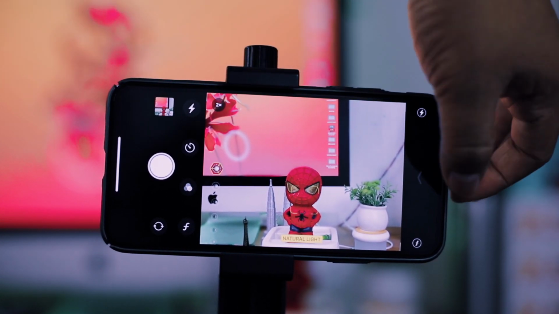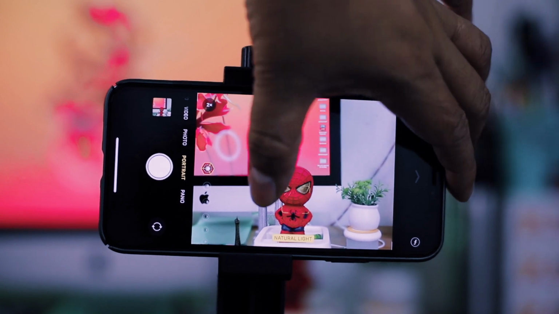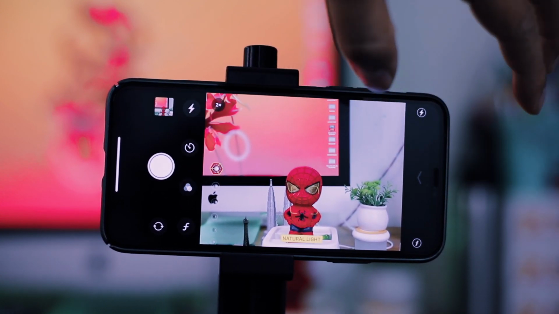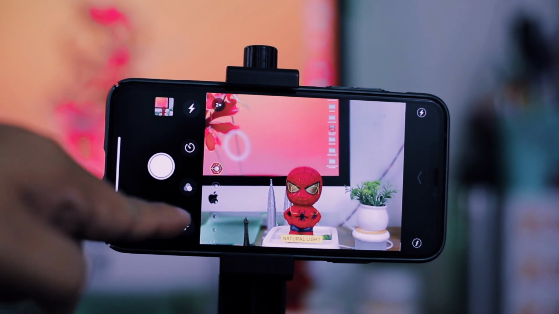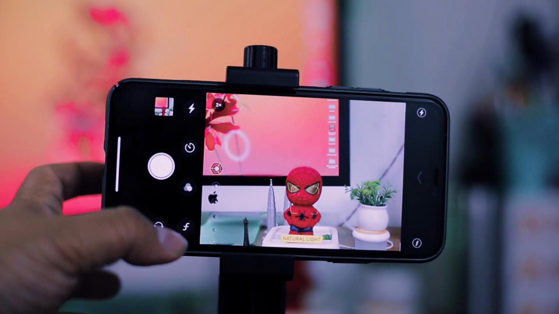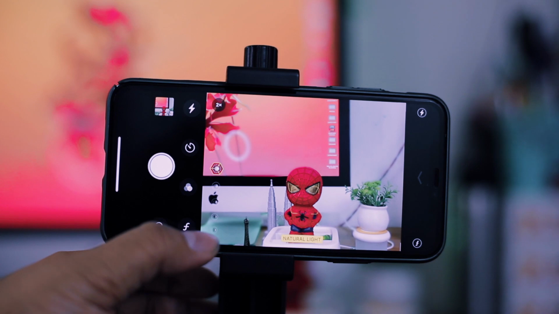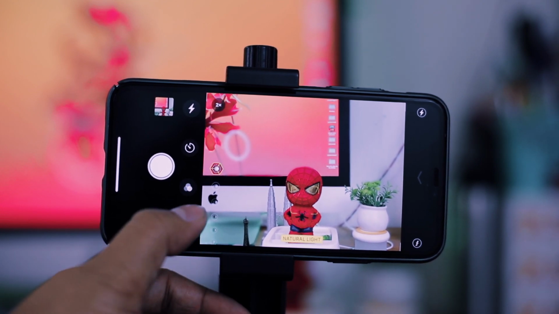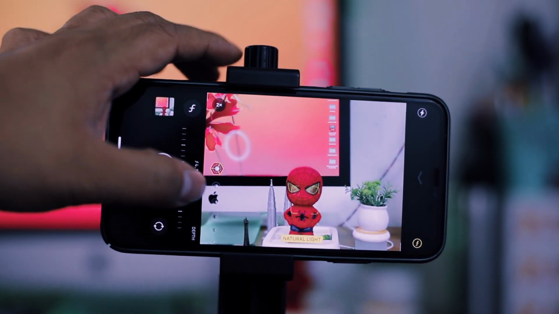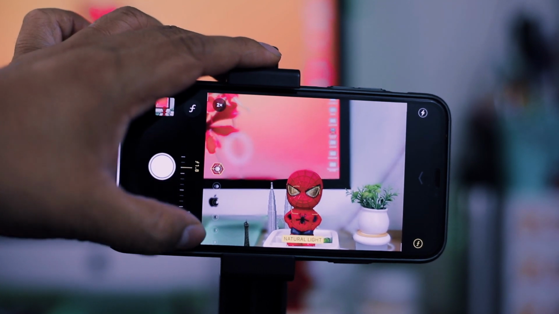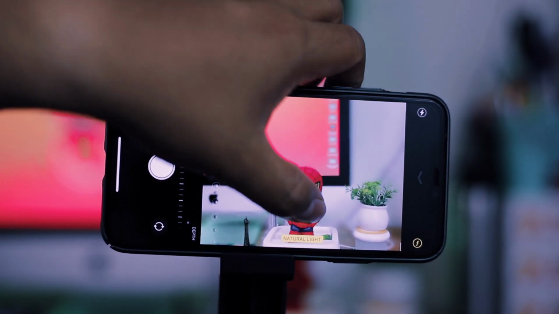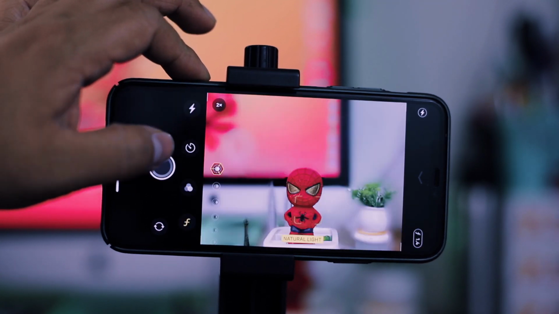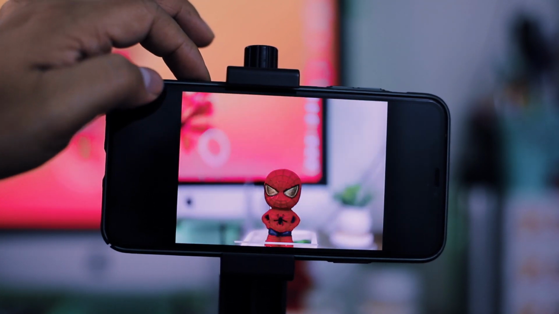When you click on this arrow, or you can swipe up like this, you can see more options here. See, this looks like F, so this is the aperture, the f-stop. Click on aperture and then you can drag it down to 1.4, for example. When you get 1.4 here, just take a picture. Boom. You get one picture with